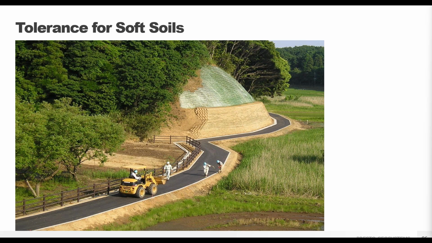One of the most significant benefits of GeoWeb walls is the relative lightweight compared to concrete MSE walls and its ability to tolerate reasonable differential settlement. So building over soft soils or areas where differential settlement is a concern is no problem for GeoWeb walls, as they can handle several inches of differential settlement. This is vital for areas with saturated soils. Here we can see a GeoWeb wall being constructed in close proximity to extremely wet rice fields in Japan.